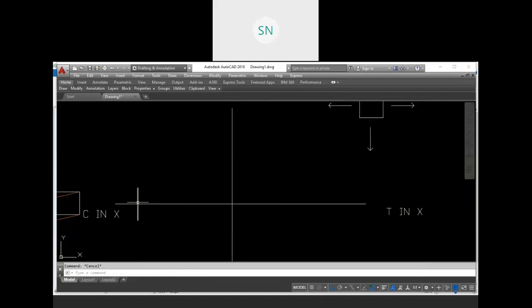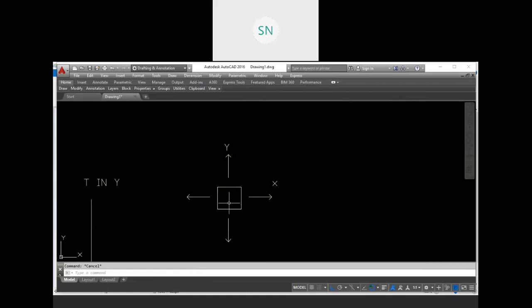Same thing, we again put this block, and this time we apply a tension load in x.